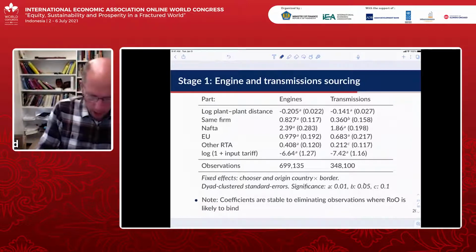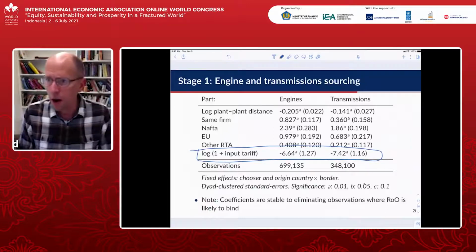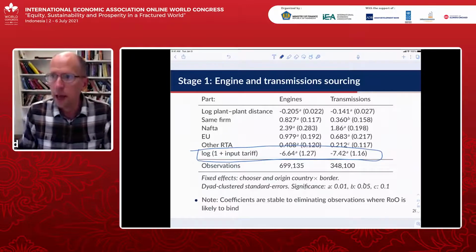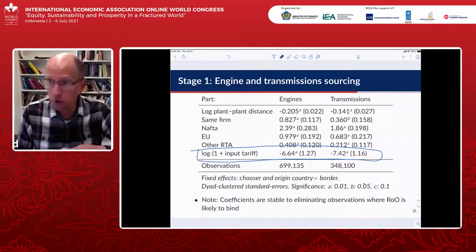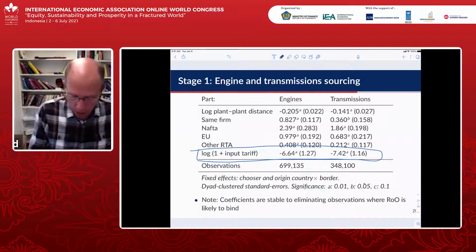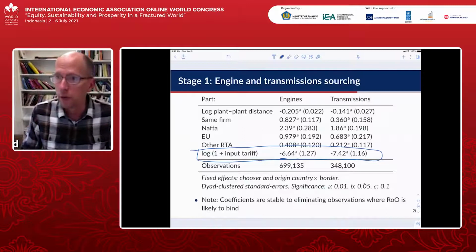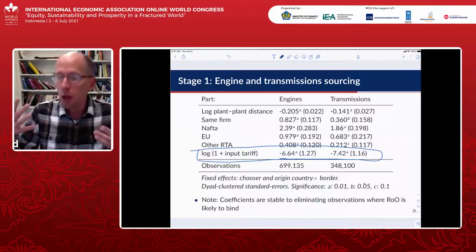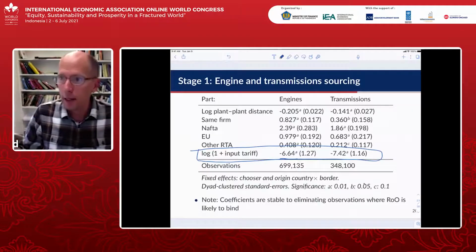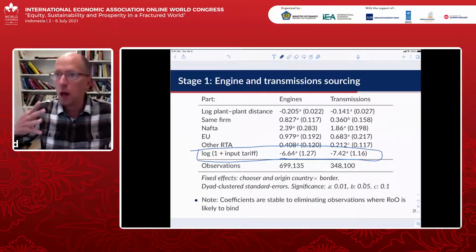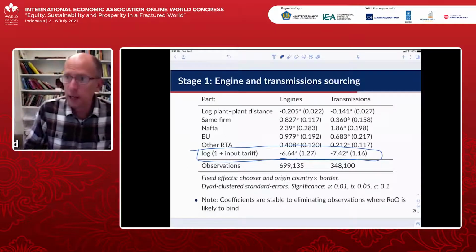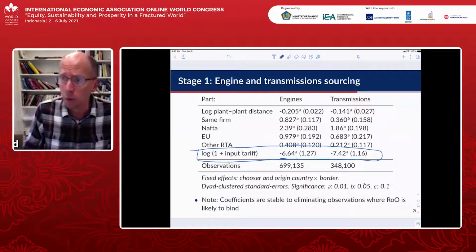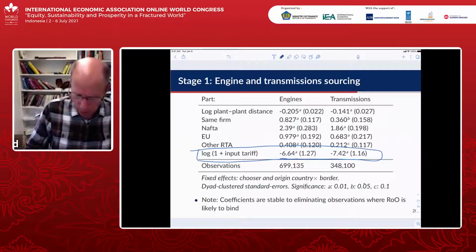One of the really important things is that we're able to estimate the impact of tariffs on this decision. And the elasticity of choice probability with respect to tariffs is quite large, in the area of 7, which means that we've estimated this Eaton-Kortum parameter theta that governs the elasticity of response between different locations as you change tariffs, and it comes in at some of the large numbers that we sort of expect from the literature.